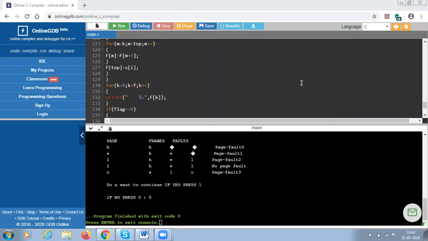Hello students, now we shall see the last operating system program, that's your ninth lab program in your SSOS lab, which is talking about paging. Now what do you mean by paging? It's a memory management scheme, one where you're trying to retrieve the data from the secondary memory.